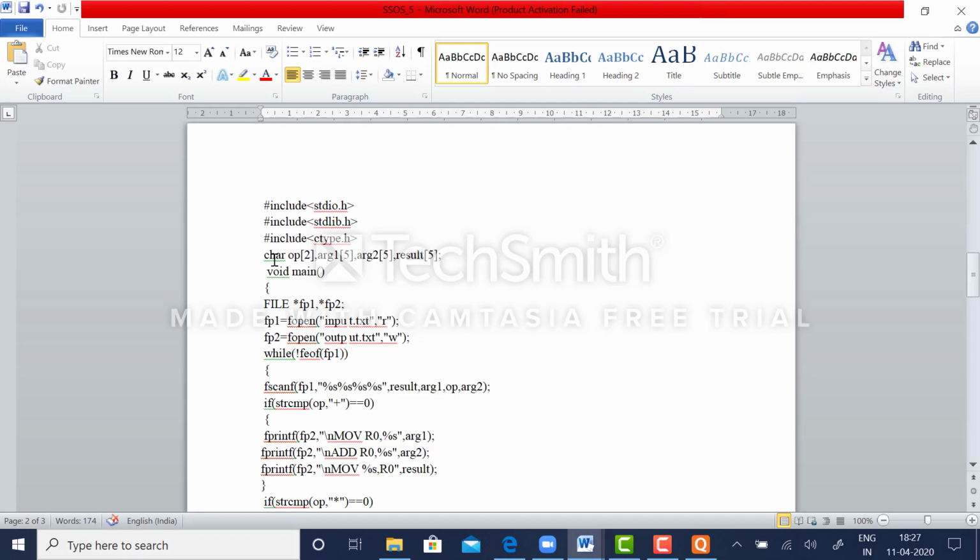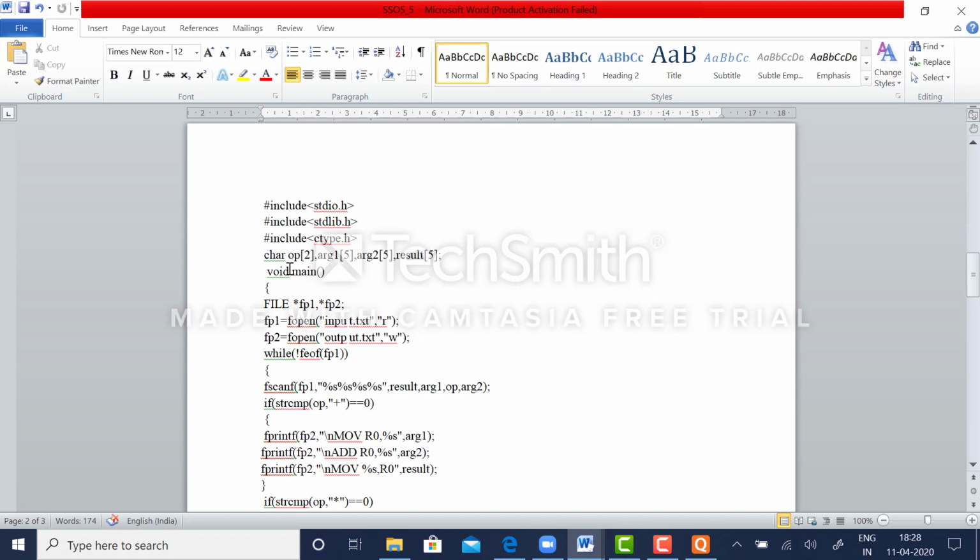In this C line we are creating an array of length 2 in order to hold the operator.